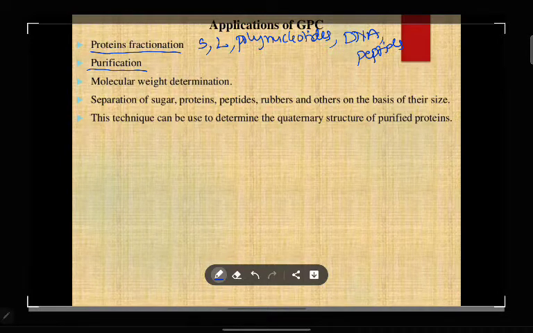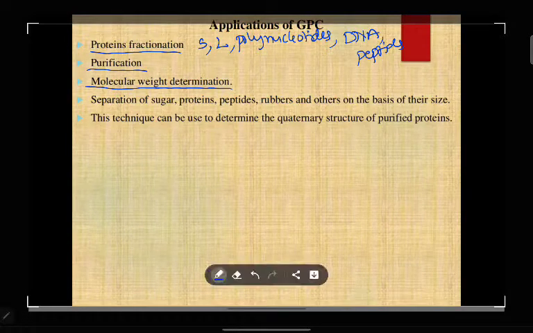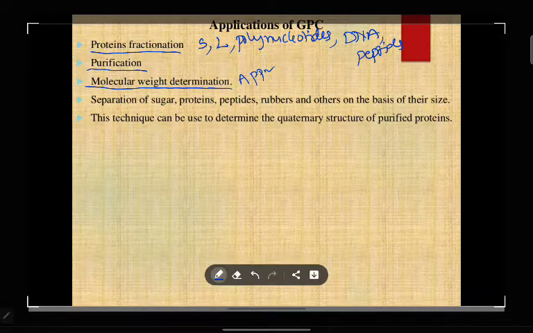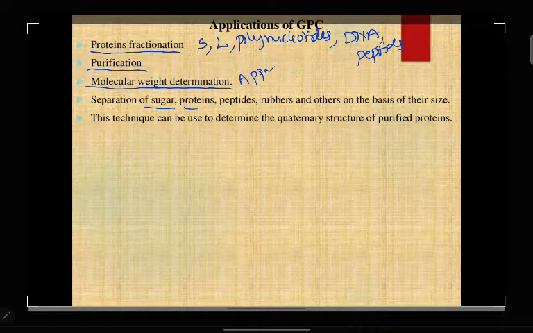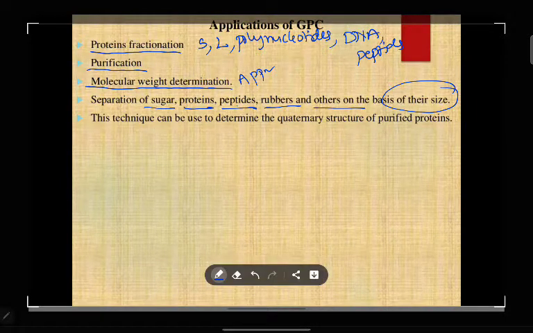Then we can determine the approximate molecular weight of your compound. Then we can separate sugars, proteins, peptides, rubbers and other compounds based on their size. This point you should not forget.